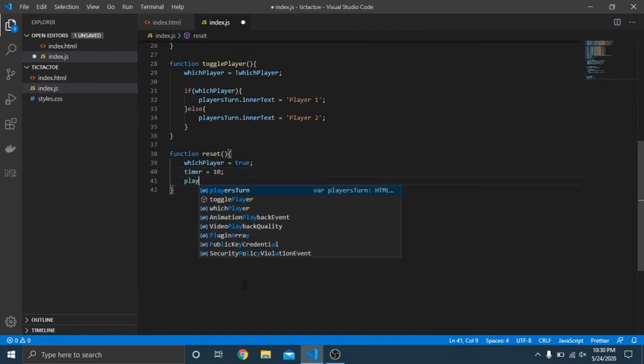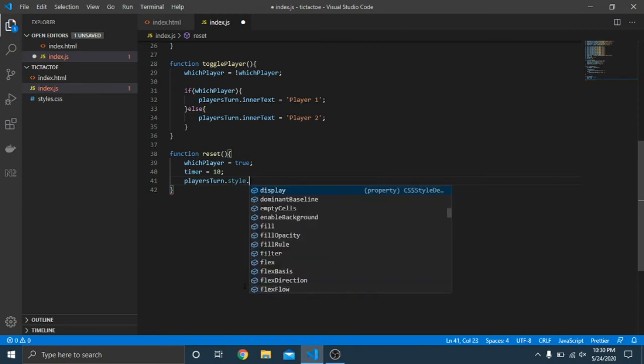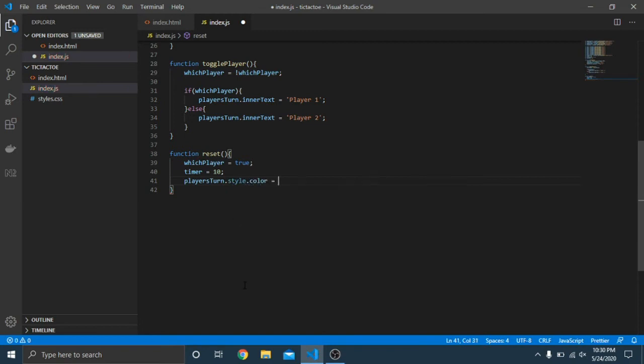Then we want to do player's turn dot style dot color is equal to black, because when the player won, it'll be green. If it's a draw, it'll be red. So we have to set that back. And then we'll do